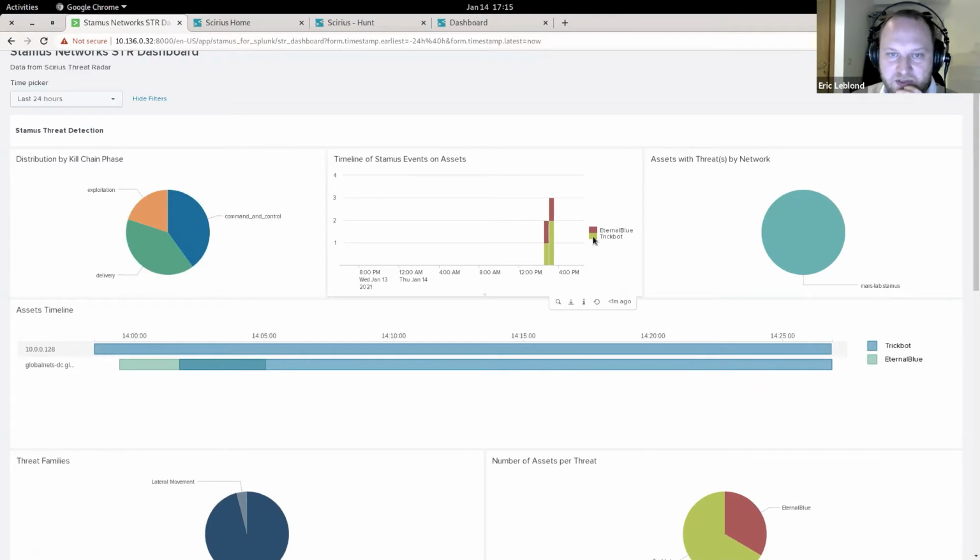We have the threat with its name, so it's really easy to know what you have. And if you have some external resources or some other tool you want to integrate, knowing that it is a specific threat will allow you to cross-match with your EDR or stuff like that. And we get the network information that is available. So here we just have one single network, marslab.stamus. And if we look at the asset timeline, which is, I think, the most interesting visualization in this dashboard,